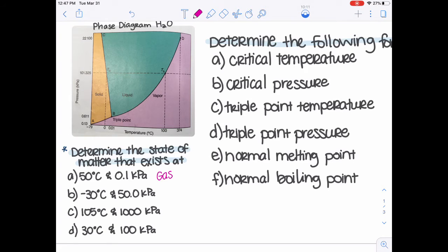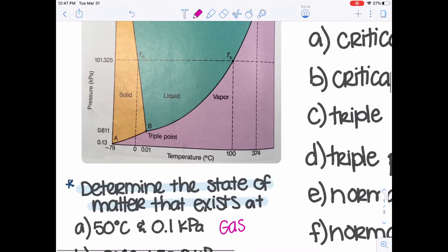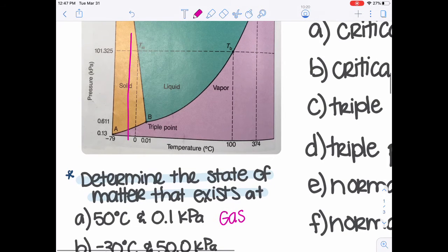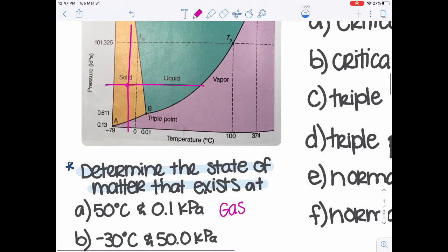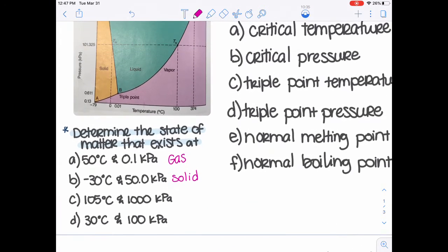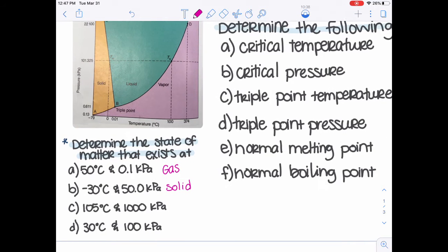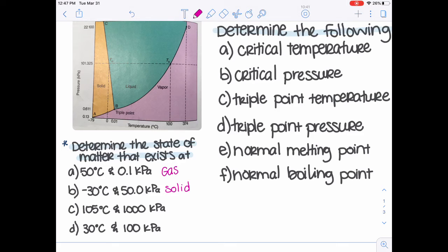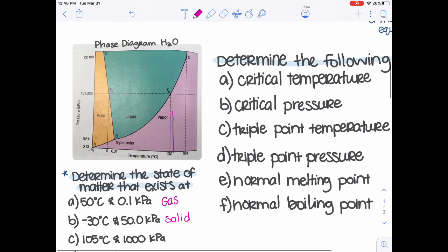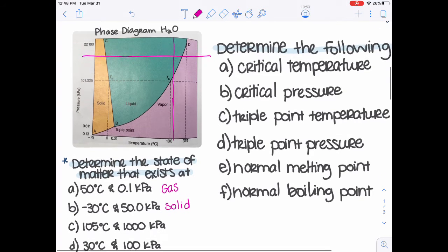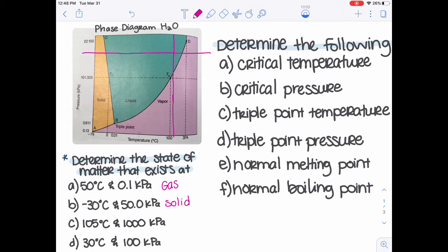Negative 30 degrees Celsius and 50 kilopascals. So negative 30 somewhere in here, and 50 kilopascals would be in this region. So again, we are in the solid state of matter. 105 degrees Celsius and 1,000 kilopascals. 105 and 1,000. Somewhere up there, I'm going to go ahead and say we are in the liquid